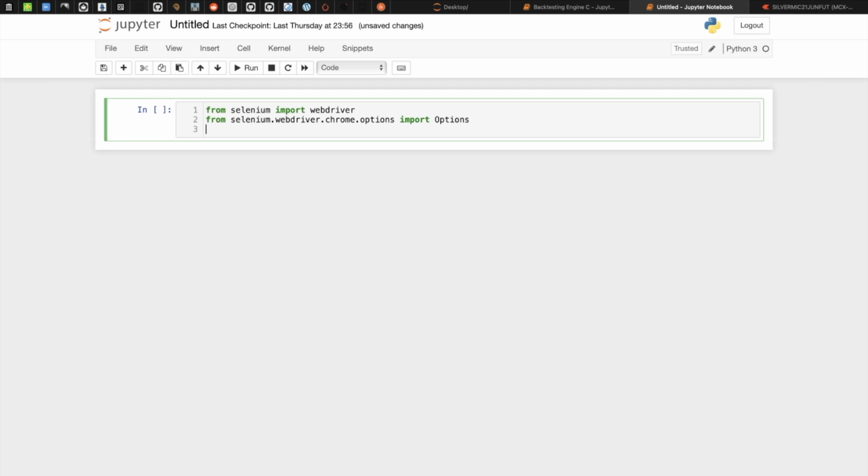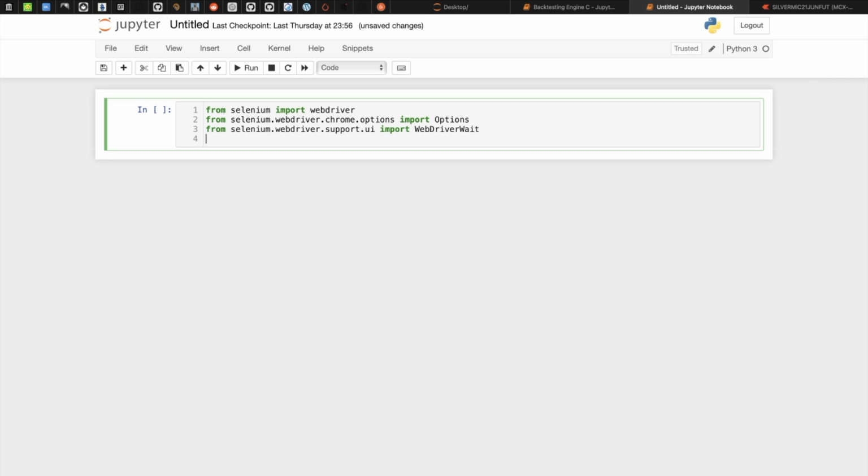The next one would be a sleep kind of module from Selenium. So we'll import from selenium.webdriver.support.ui, import WebDriverWait. This module is meant to wait until the element we want to load appears on the web driver window.